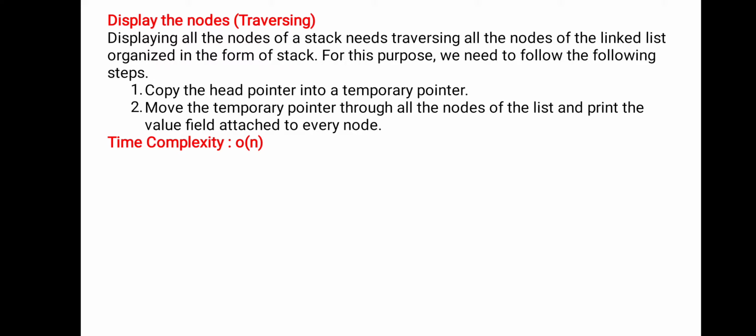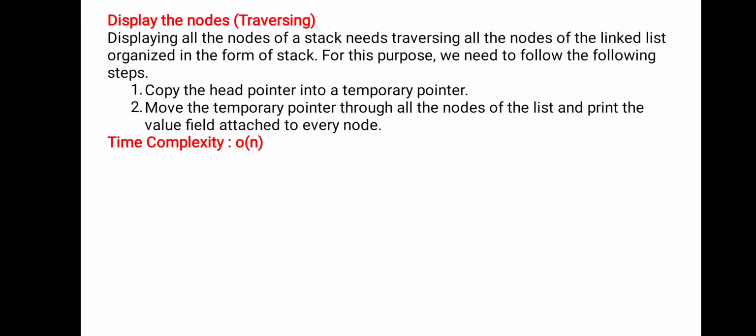The first node is connected with the head node, the second node is connected with the first node, and the third node is connected with the second node, like that. At the end there is a null pointer which always represents the end of the linked list. So the head pointer is copied into a temporary pointer, and we move the temporary pointer through all the nodes of the list and print the value field attached to every node.